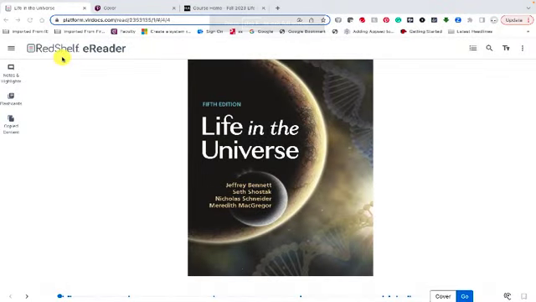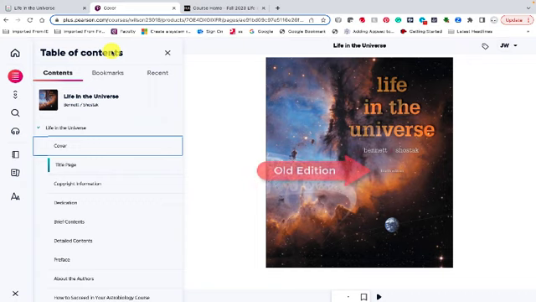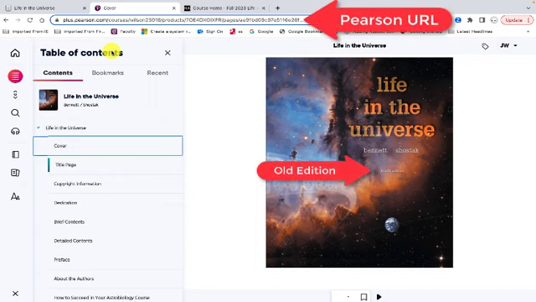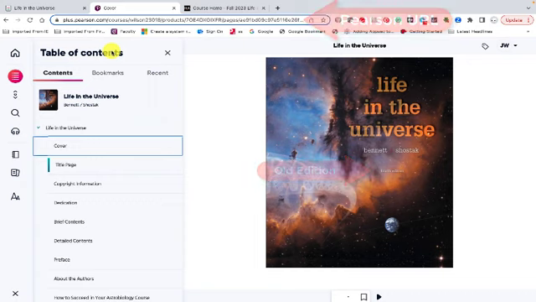This is a brief walkthrough to help you to navigate the eText and the associated courseware that you'll be using for homework assignments within the Life in the Universe textbook. This procedure should be similar even if you have a newer edition than 5, provided that the publisher is Princeton University Press. Older editions from the publisher Pearson are not compatible with the required courseware and should not be purchased